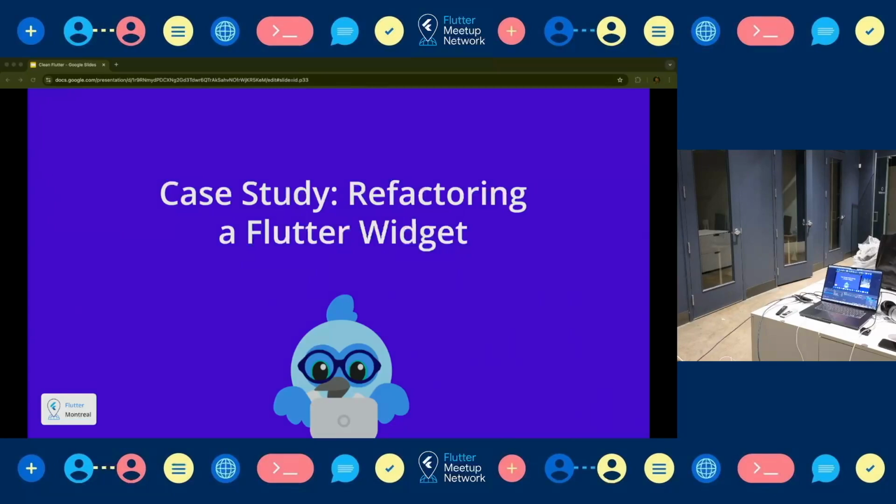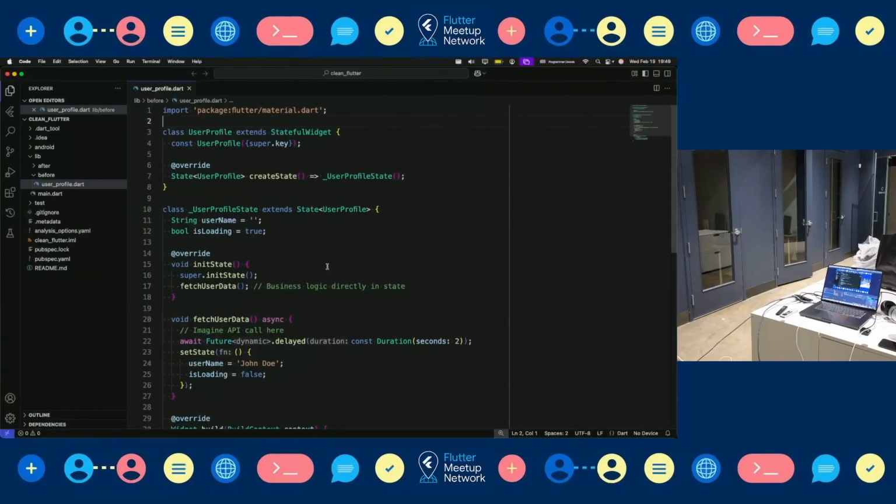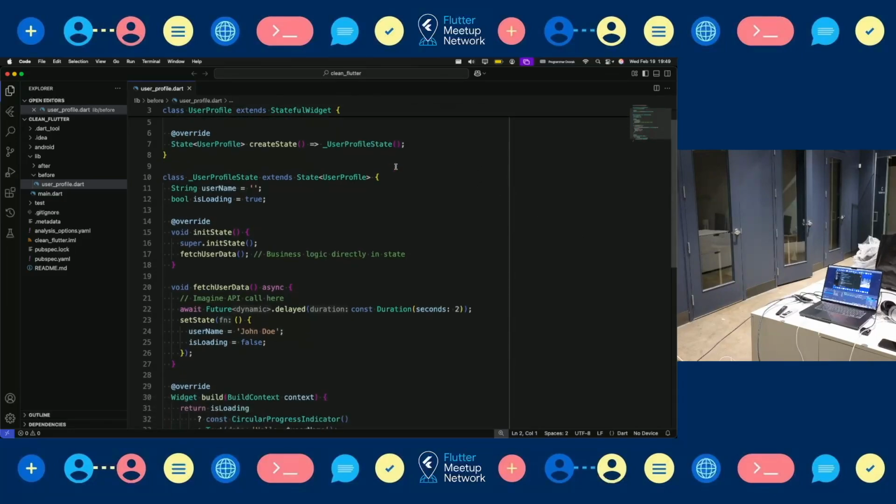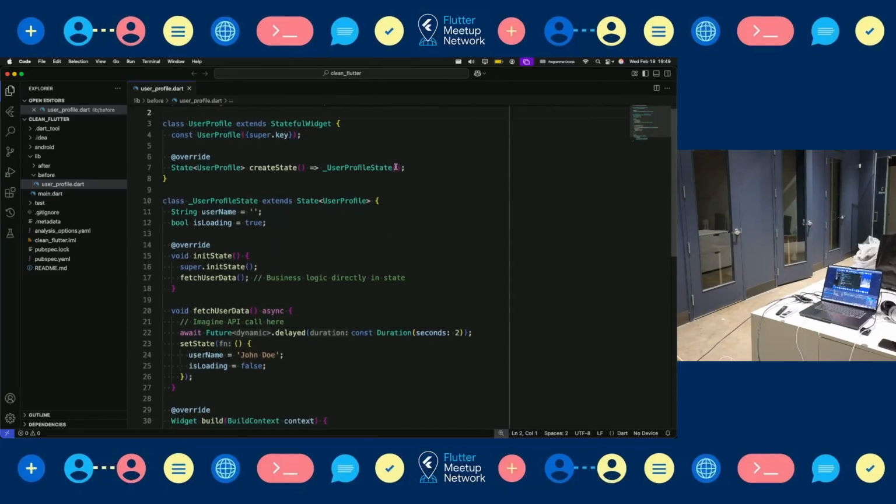Yes. Beautiful. My favorite part, the one where we see actual code. So this is an example of a code where, is it? Oh, yes. This is a class called user profile. So basically, it's a class whose sole purpose is to handle UI rendering, business